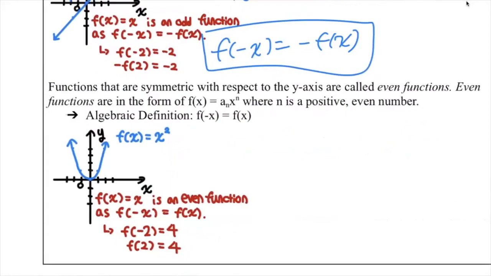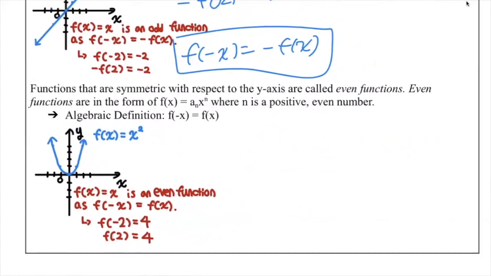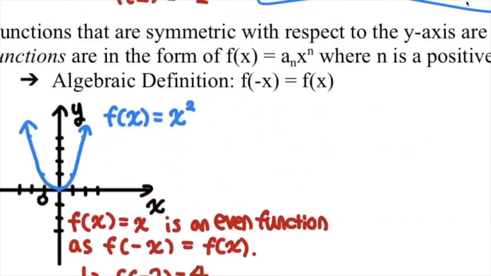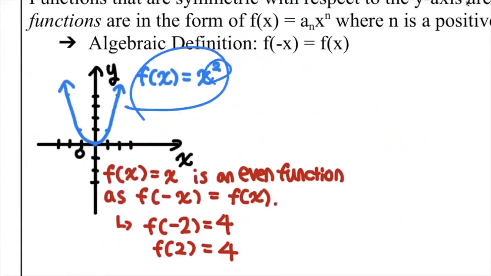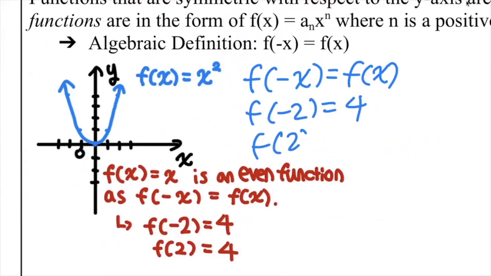For even functions, a function is an even function when it is in the form of f of x equals ax to the power of n, where n is a positive even number. In this example, 2 is an even number, so this is an even function. The algebraic definition of an even function is that f of negative x is equal to f of x. In this example, f of negative 2 is 4, and f of 2 is also 4,